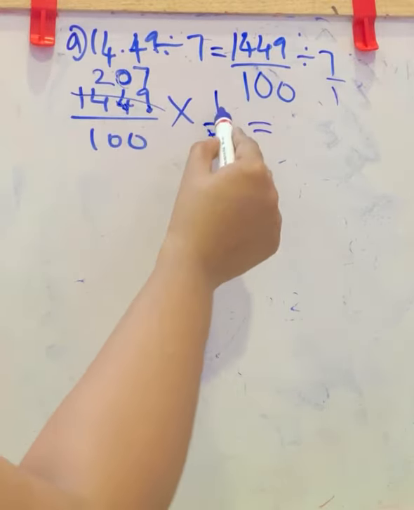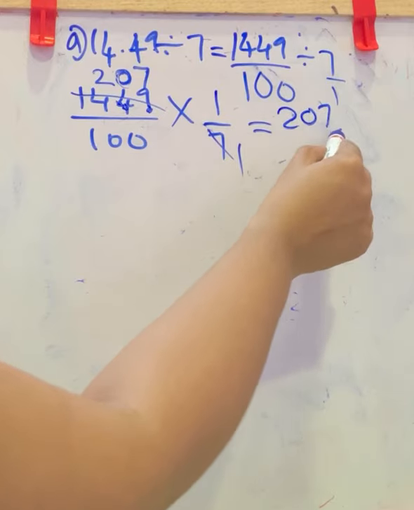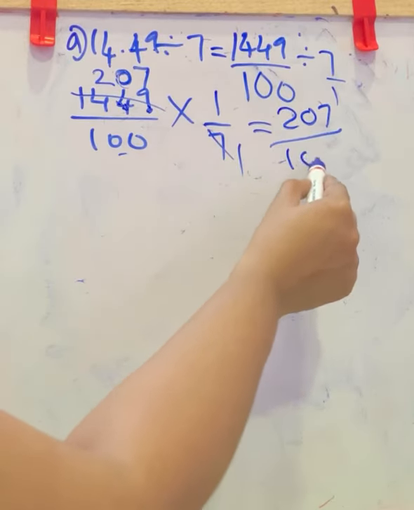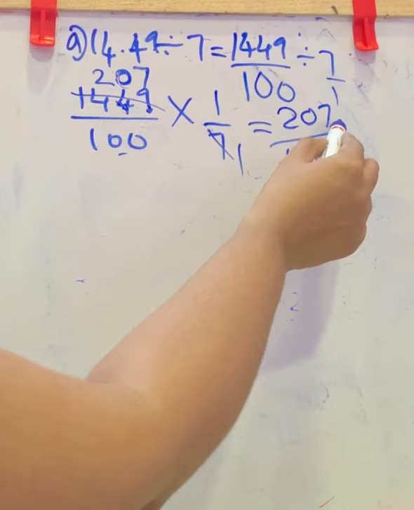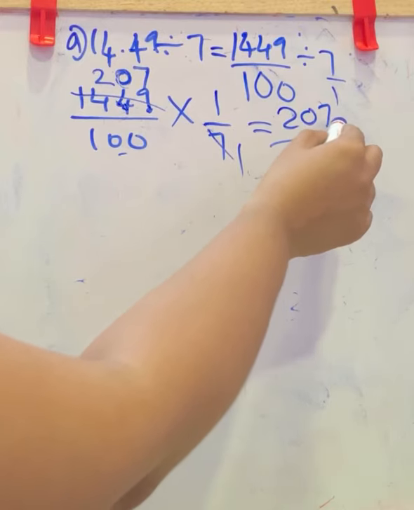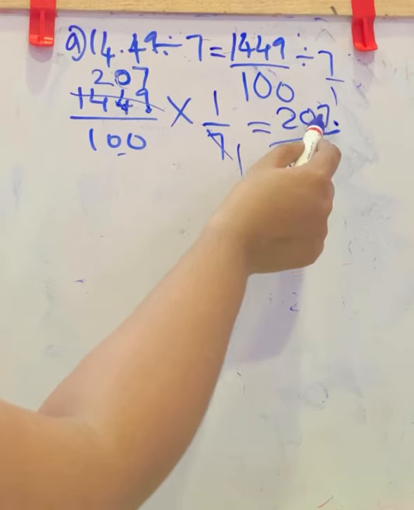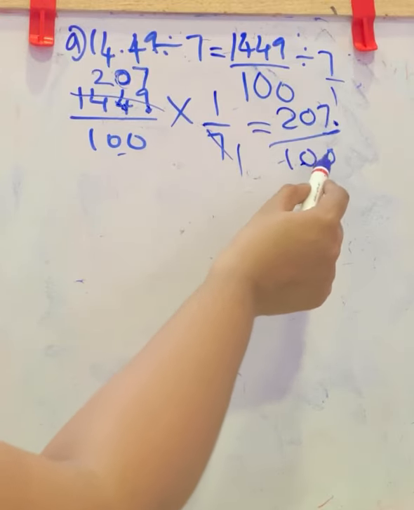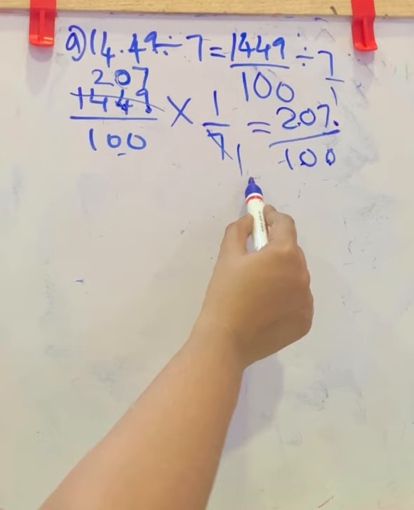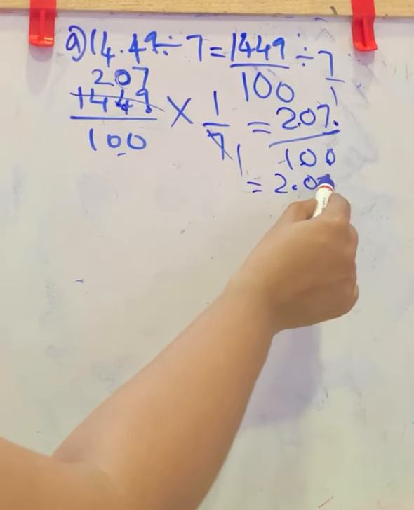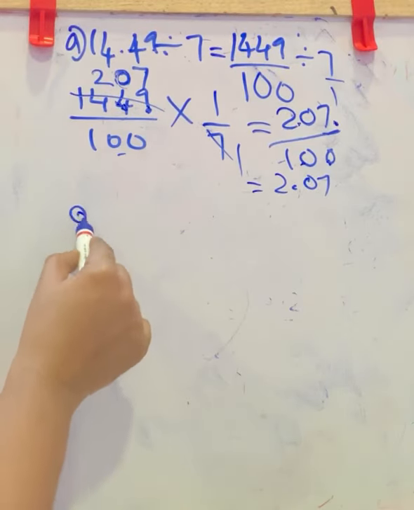Now 207 into 1 is 207 in numerator. 100 ones are 100. 207 means 207 point. Decimal will be here. So this decimal moves 2 places to left side because 2 zeros are there. It will reach here. So the answer is 2.07. Now next,